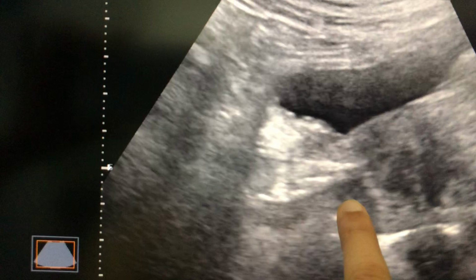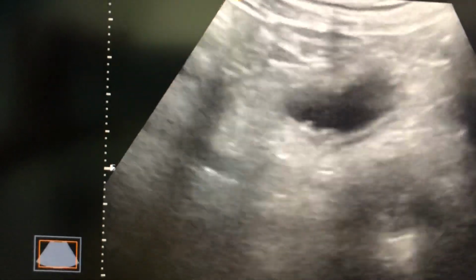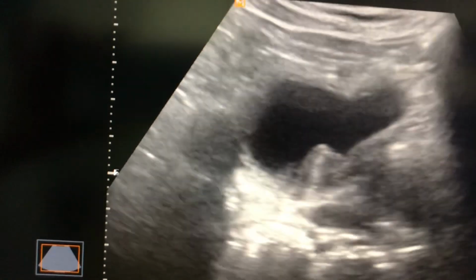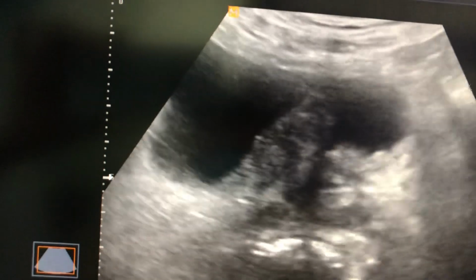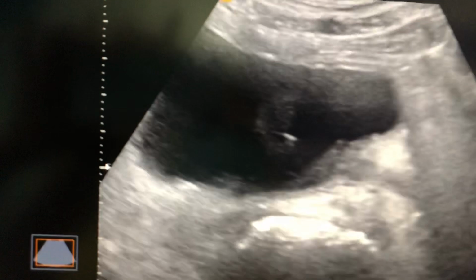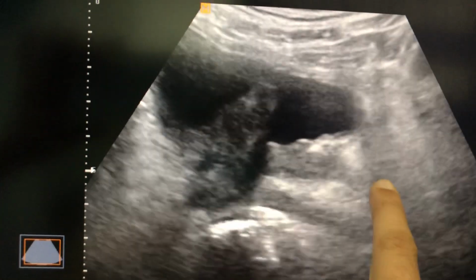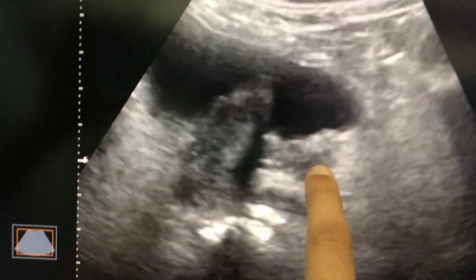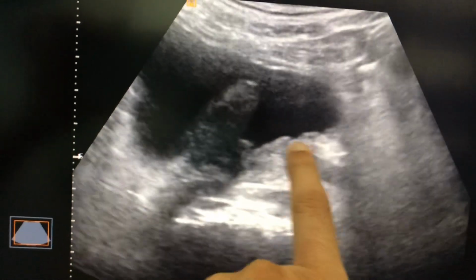This is the seminal vesicle. We can appreciate in this transverse section very well this ureter coming from here and this hypoechoic mass.